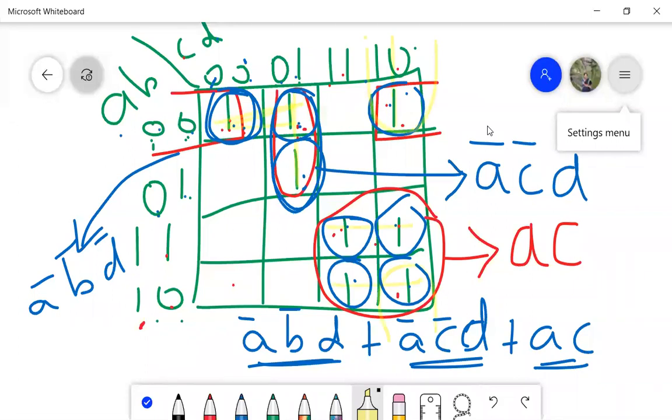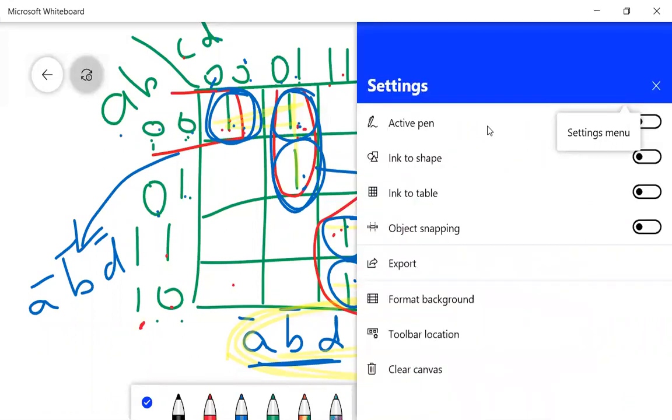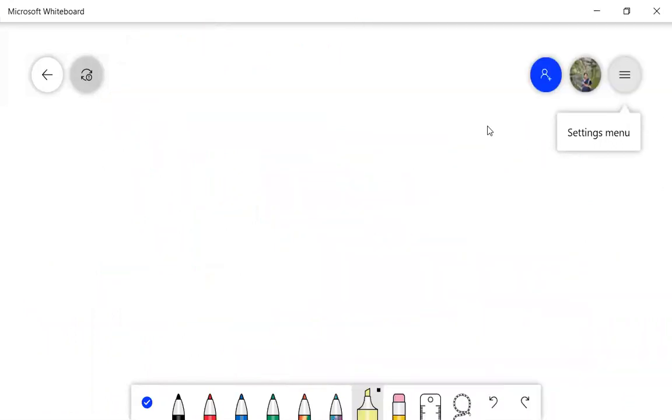So whatever groups you can generate from the K-map, without simplification, they're all the implicants, prime implicants. Then whatever you solve and get, this is an essential prime implicant. Whatever is required for our solution is an essential prime implicant. Now let me take one more example and show it to you.